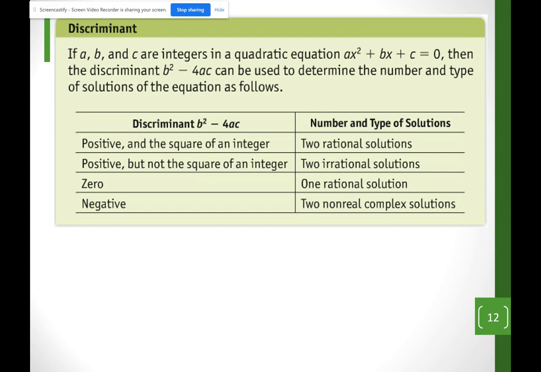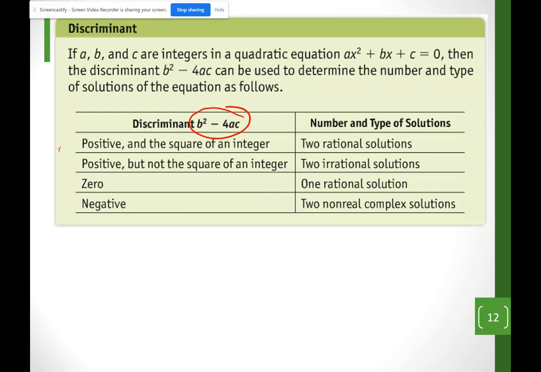Now on your discriminant, remember that's the thing we were working on to begin with, because that's the hard part. b squared minus 4ac. We call that the discriminant. It's very, very important. If the discriminant is positive and the square root of an integer, you're going to get two rational solutions. Well, what I mean with that is,